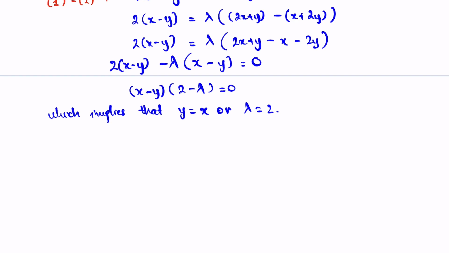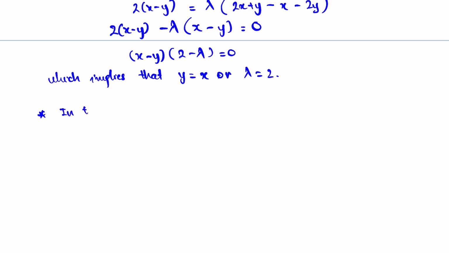So now that's the first step, that is you find out the relationship between x and y and also the value of lambda, that is lambda equal to 2. Now we're going to move on to the second step, that is we're going to substitute the values that we know into solving for the absolute maximum value and absolute minimum value. So in the case that y is equal to x, the constraint equation simplifies to,